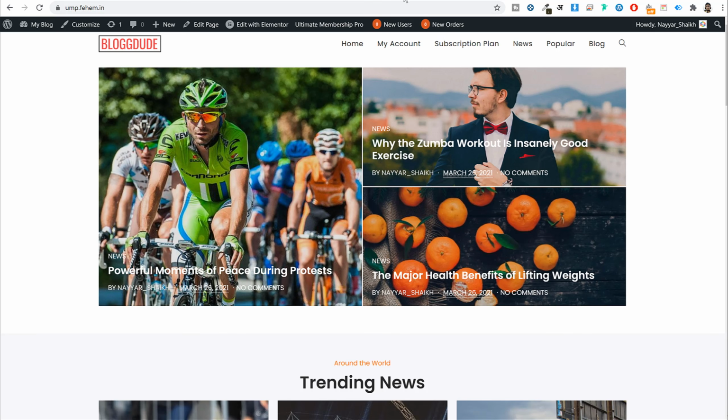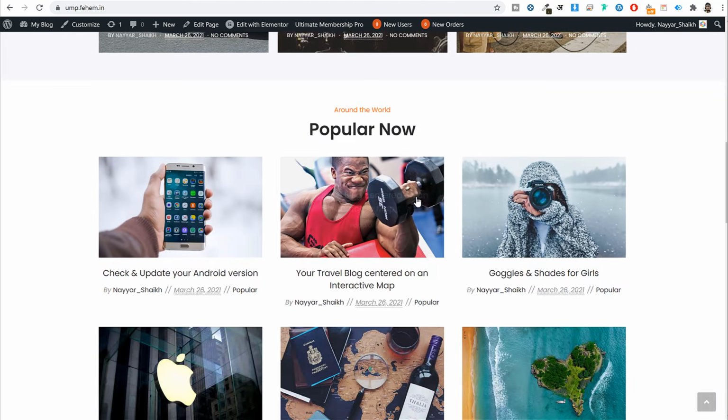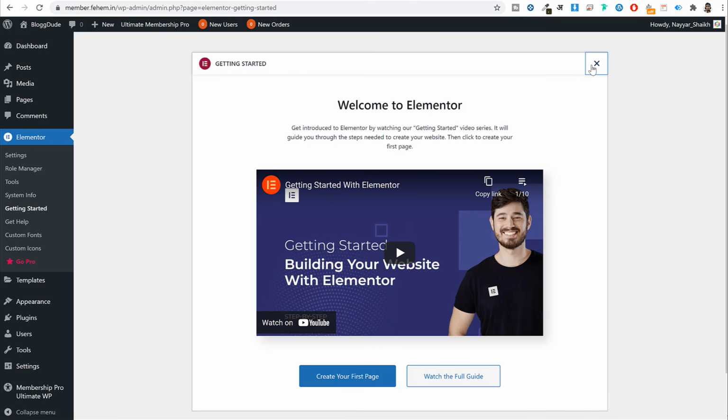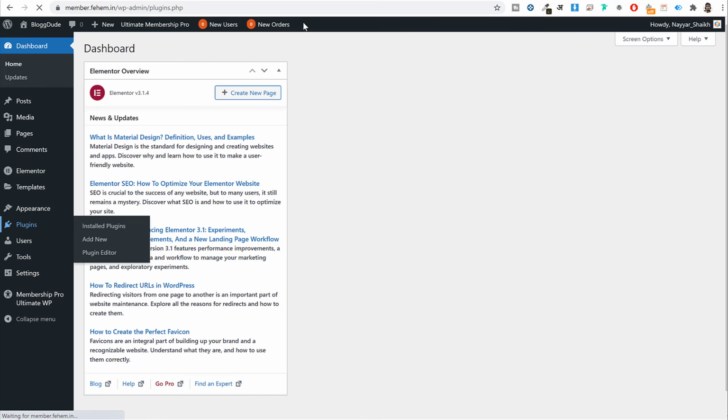Once we start creating our homepage, I'll show you how this plugin is useful, how we can add and how we can design different pages using this page builder. Now click on activate plugin. This plugin will be activated for you. I can cut this thing, and again let's come back to plugins option because we need to install few more